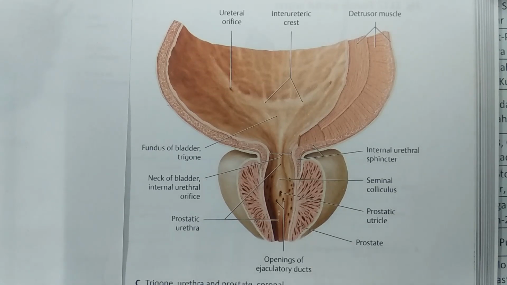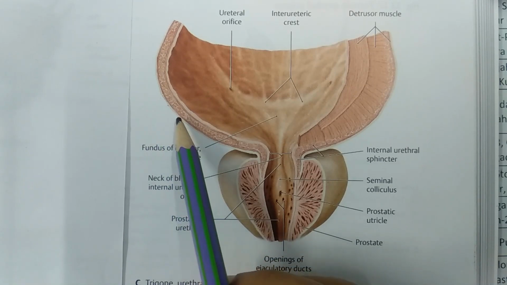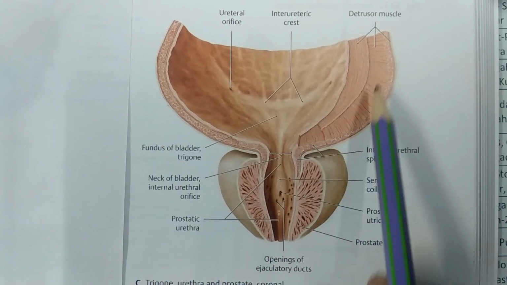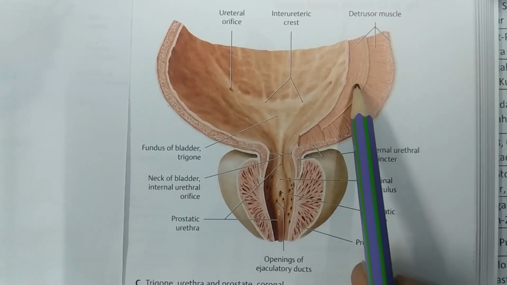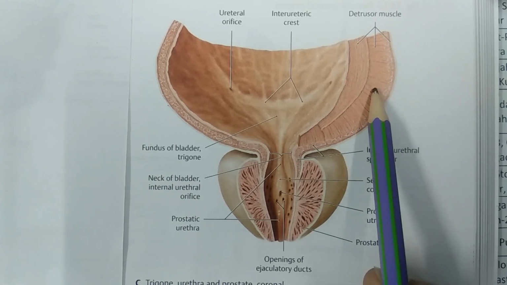I am not going into the detail of the histological properties of each and every layer. You should go through your histology books. Let's take them one by one. The serous coat, that is the outermost coat, is formed by the peritoneum. Now let's talk about the second or the muscular coat. For that, you can see on this side the submucosal and the mucosal layer has been removed to show the muscular coats of the urinary bladder.